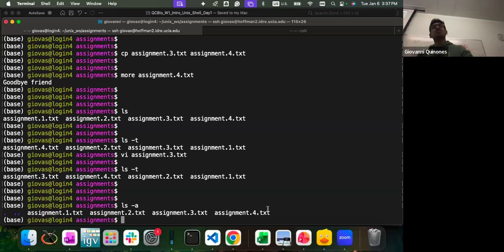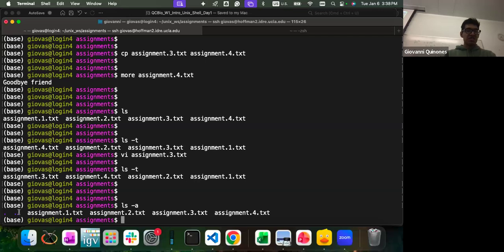But sometimes, say you download some software, and then you have the folder with the software. But then together with the software, you have a bunch of hidden files. This could be like configuration files, log files, or history files. Files are not necessary for you to use the software, but it's just additional information about the software. And when you do ls -a, all those hidden files would show.